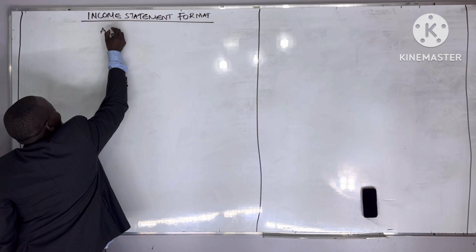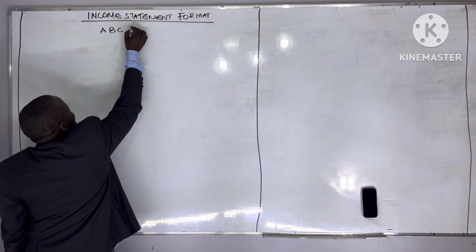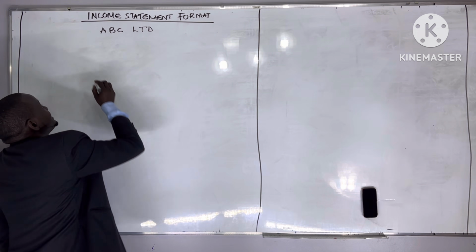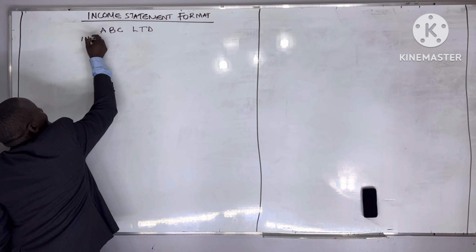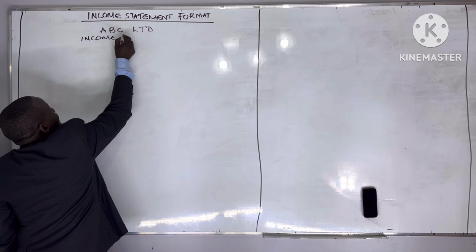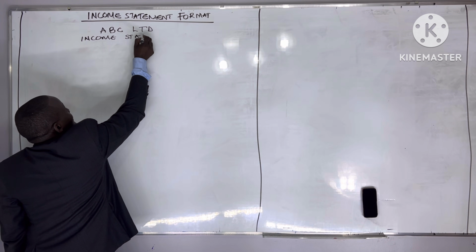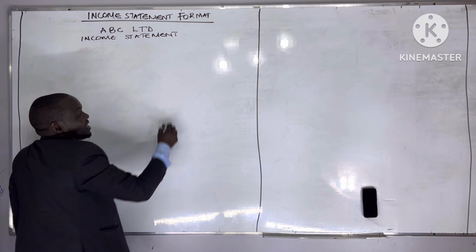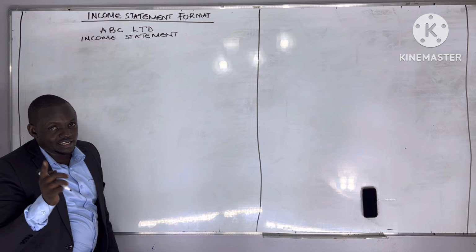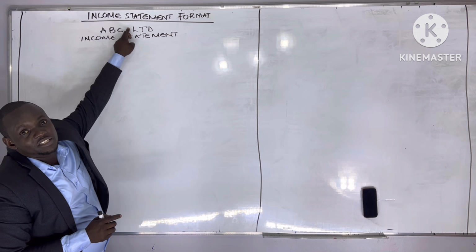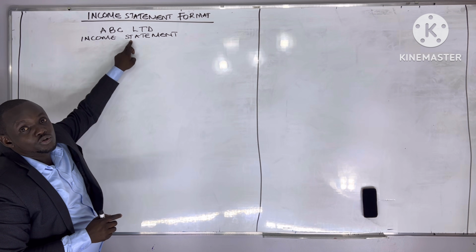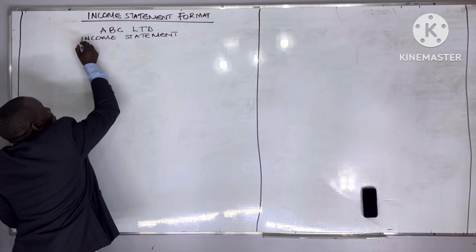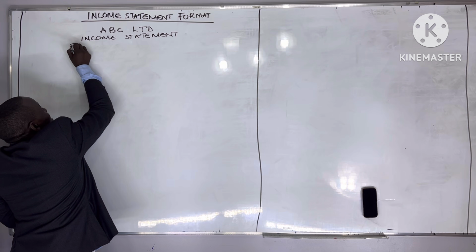We can have the name of the business, ABC Limited. That is the name of the business. Then we have this income statement. What follows in the second line is the name of the financial statement, which is income statement. So when you are doing an income statement, you start with the name of the business. The next line, you go to the name of the financial statement. The third line, you talk about the time frame. And this one we say for the year